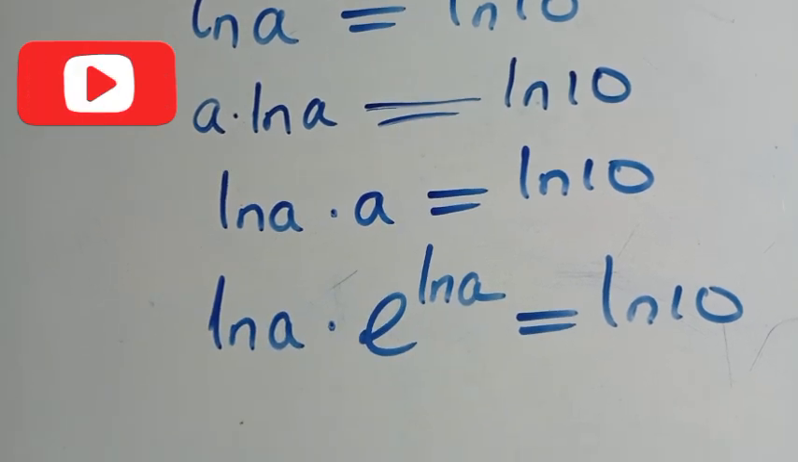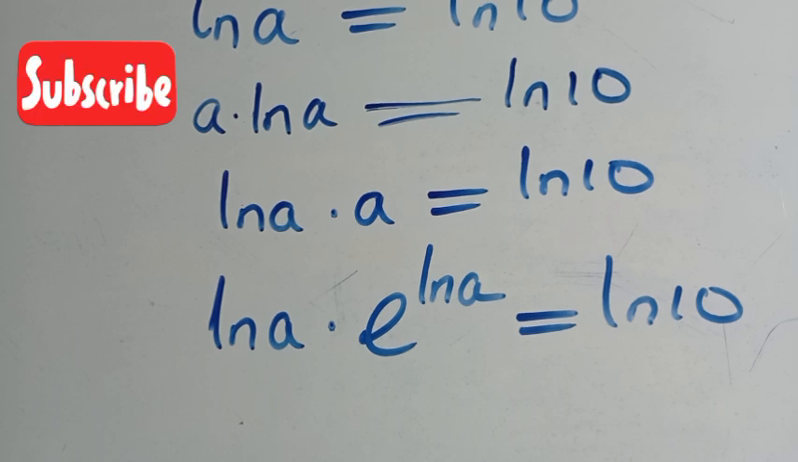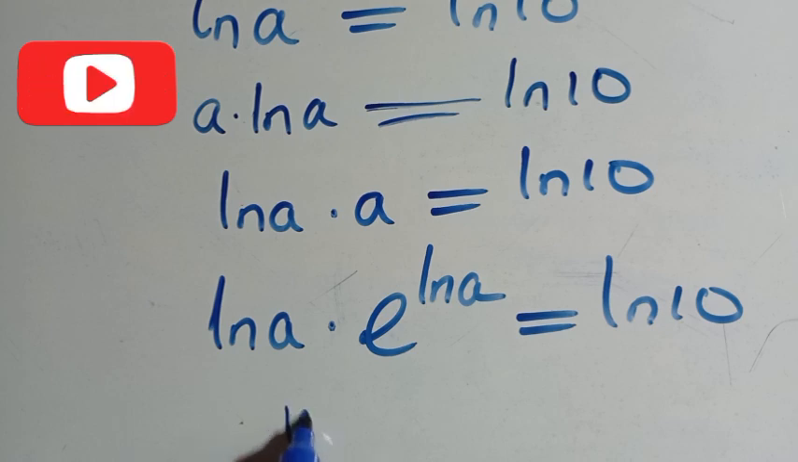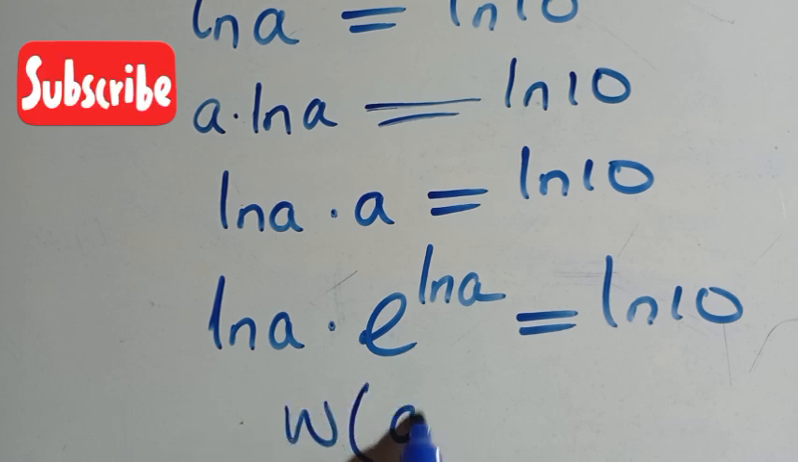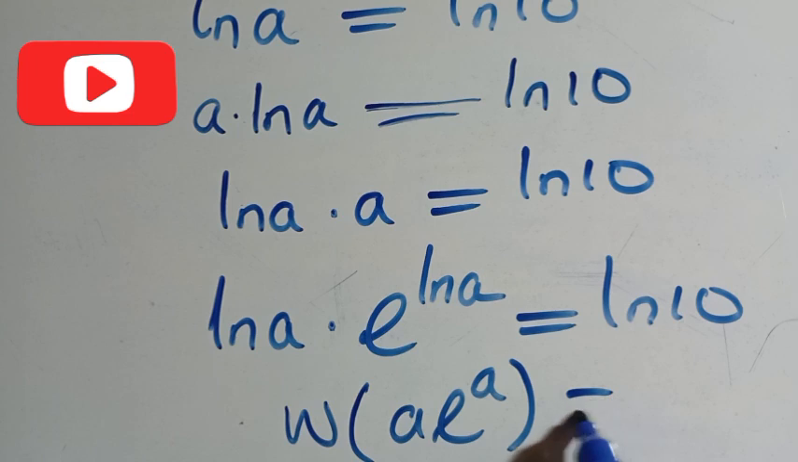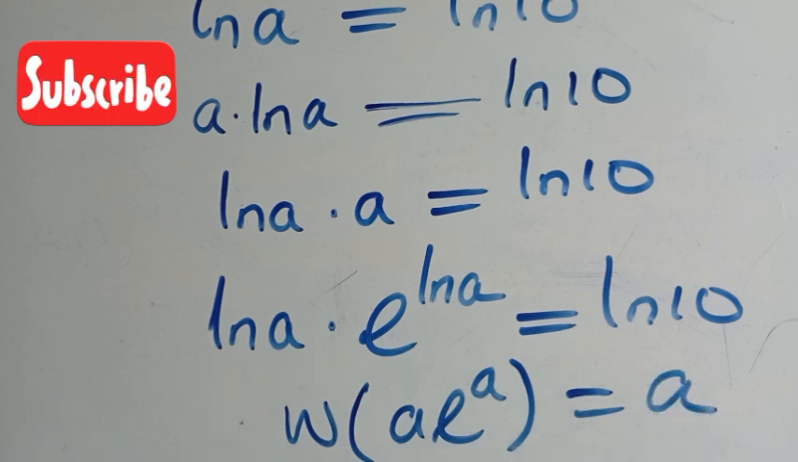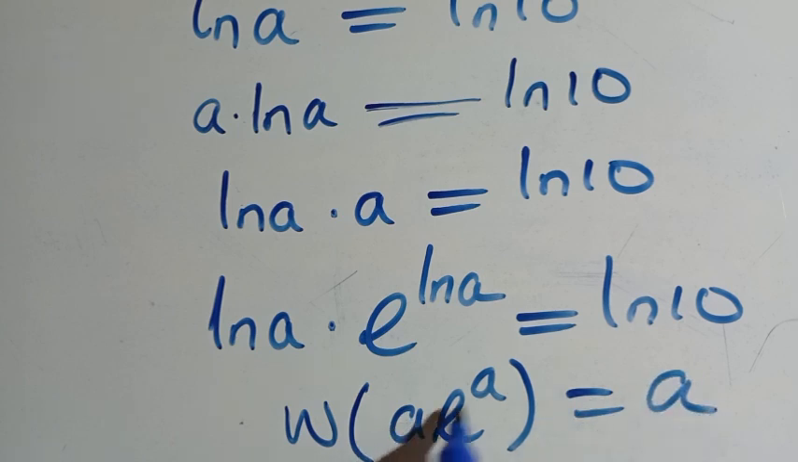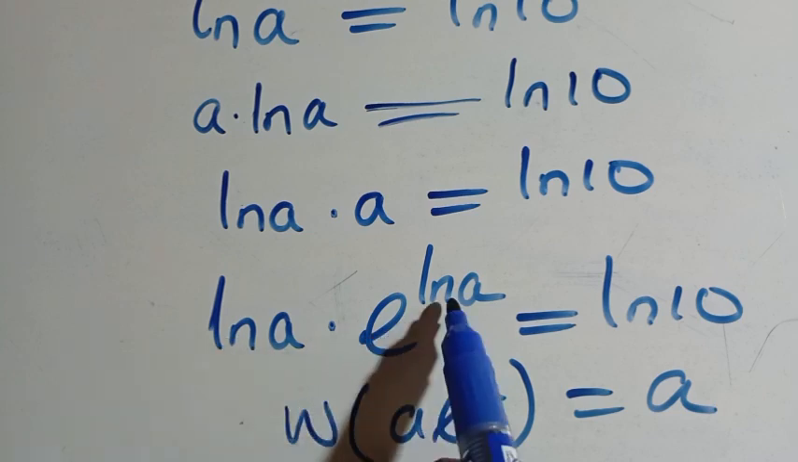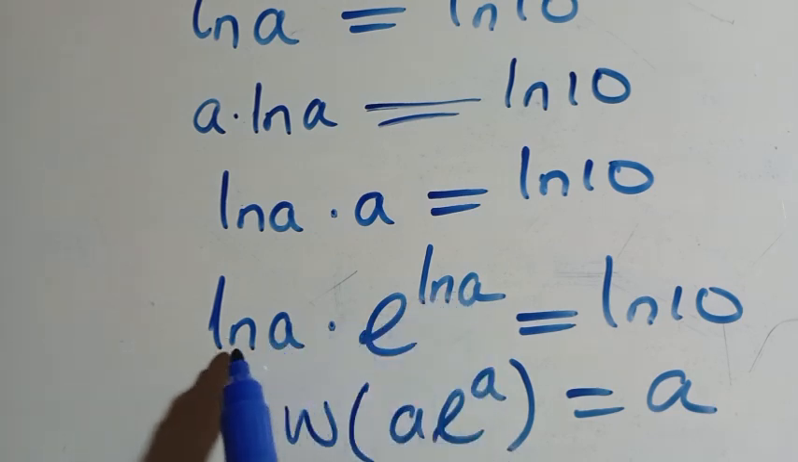So there is a particular concept I want us to understand here, which is the Lambert W function. It says that omega of a e raised to power a equals a. So we have to understand this. When the coefficient and the power of the exponent are the same, we are going to choose only a. And that is what we are going to apply here, because ln a and the power of this exponent are the same. Then we can now introduce the Lambert omega function here, and we have